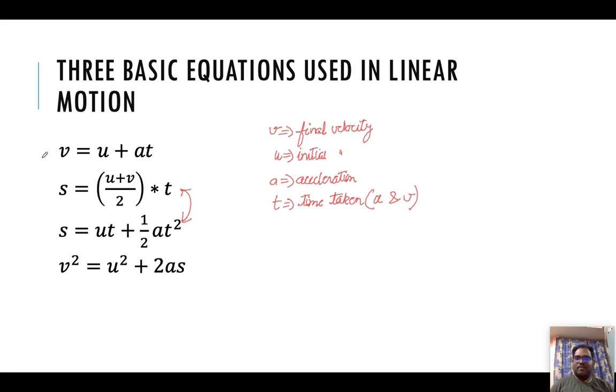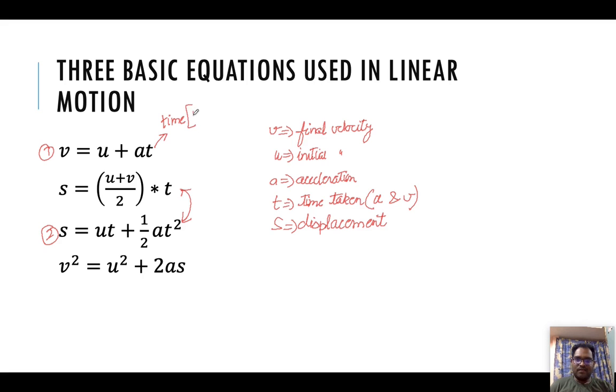Consider this as equation 1. Another equation that is very important is this one. S is equal to ut plus half at square, right? Obviously here S corresponds to your displacement, right? And u is your initial velocity, t is the time taken, and half, obviously it is a constant, and a corresponds to acceleration, t again reappears. Over here, please note the point, this particular t corresponds to the time taken,